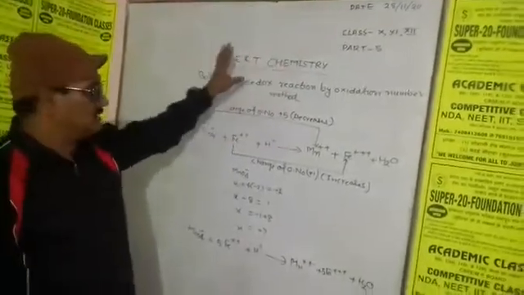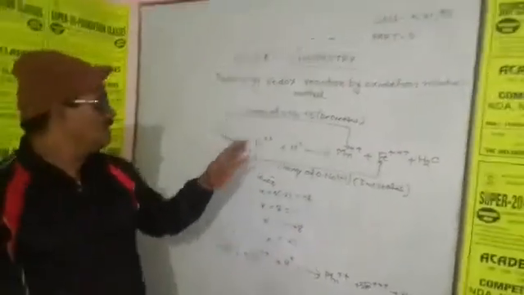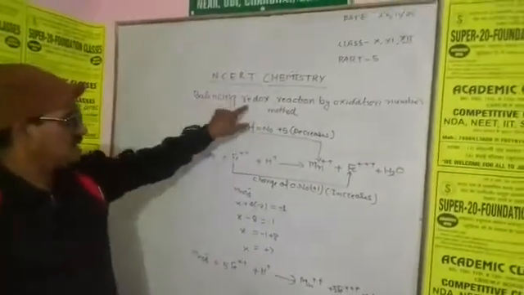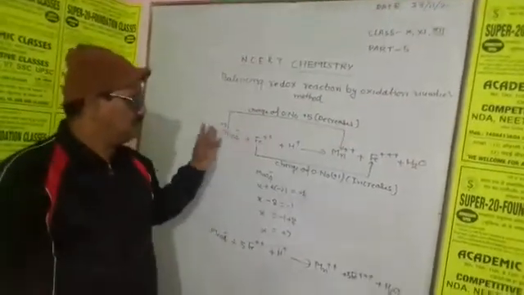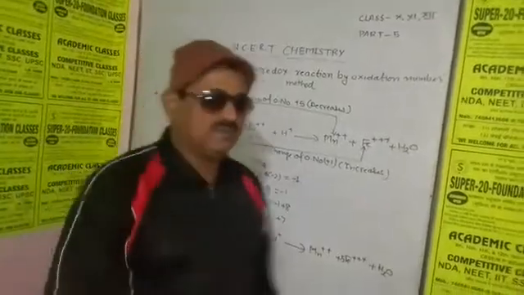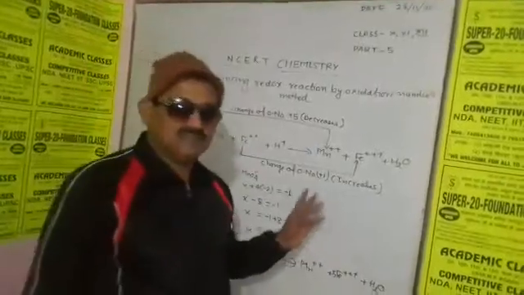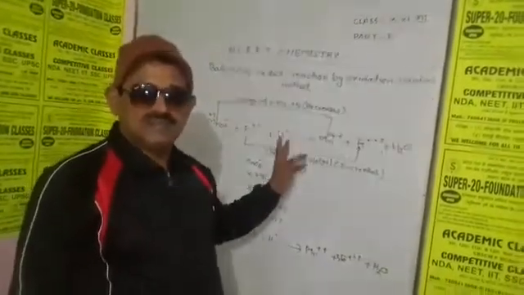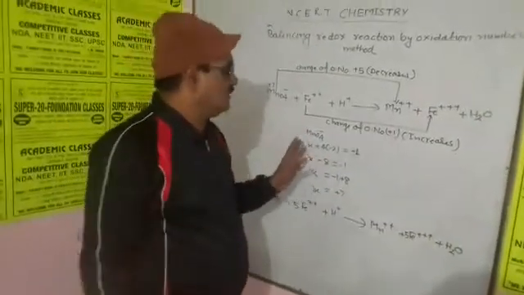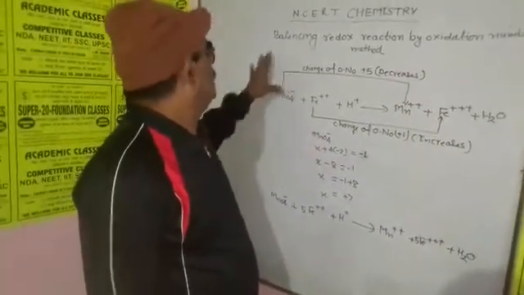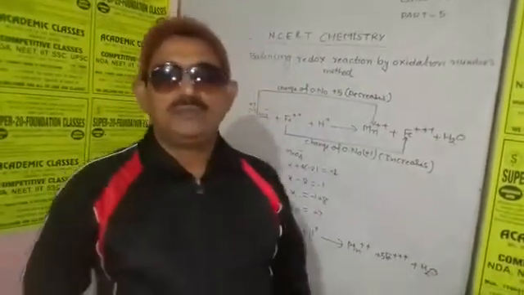Redox reaction. Your chapter is redox reaction, and one topic is very important: balancing redox reactions by the oxidation number method. This is a very simple method, and you have studied the ion electron method. In that, I gave many examples of the ion electron method for balancing redox reactions. But today I explain how you can balance a redox reaction with the help of the oxidation